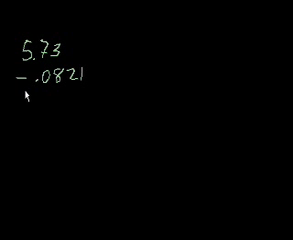Okay, the first problem I have here says 5.73 minus 0.0821 equals who knows. I'm reading the problem off of a piece of paper. So the first thing you always want to do with a decimal like this